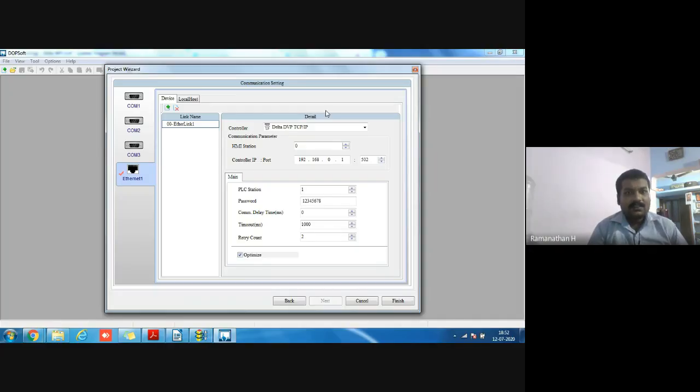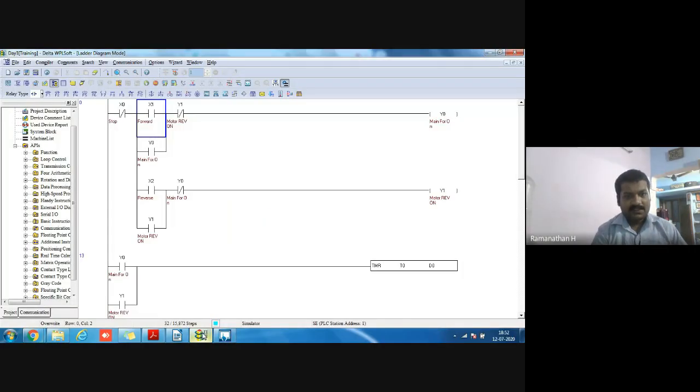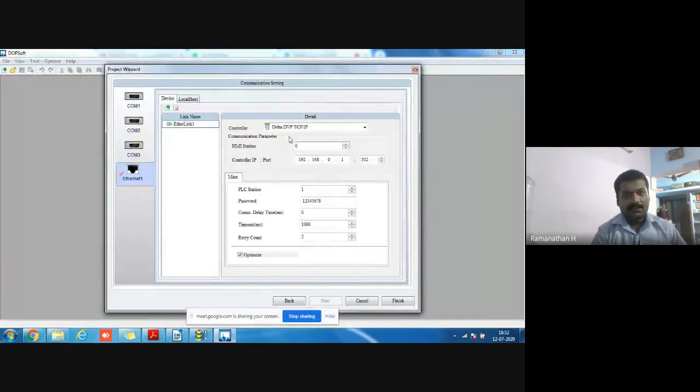Commonly 250 station addresses can be connected to a single controller. But the PLC station address and HMI station address must be different. If you give 1 here also, it won't communicate. PLC and HMI will not communicate. Here these are the HMI settings, the HMI IP address.